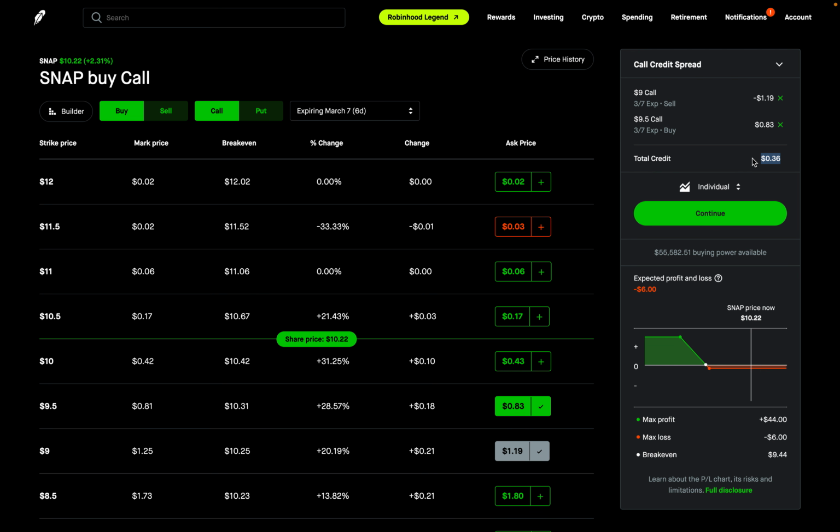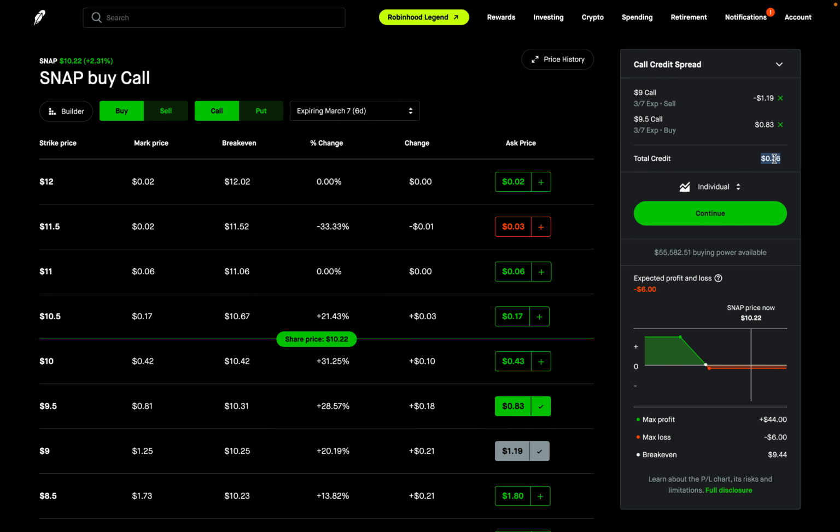And what is that other trade? It's going to be a long call. So in other words, we're going to buy one more call here. And this call is going to have a higher strike than both of the calls that we have so far. And it should also cost less than the credit or premium we're receiving